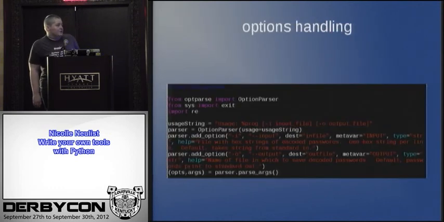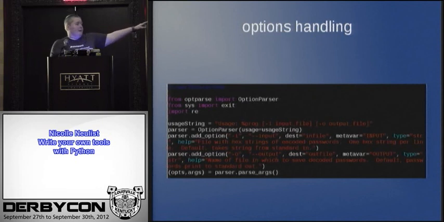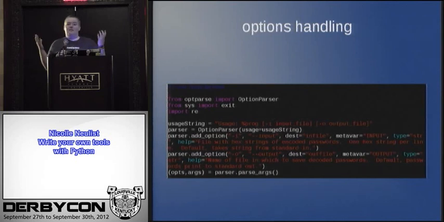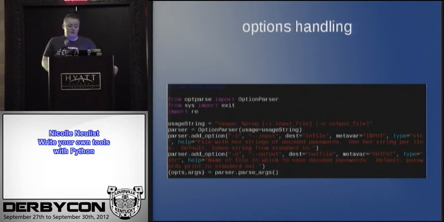So there's the beginning of the script. I've got from optparse import OptionParser, from sys import exit, and then import re, which is the regular expression module. The usage string just says usage program -i import file -o output file. It's the kind of help string that you would see if you were running a Linux command line utility. And then you create an instance of the option parser, and then parser.add_option